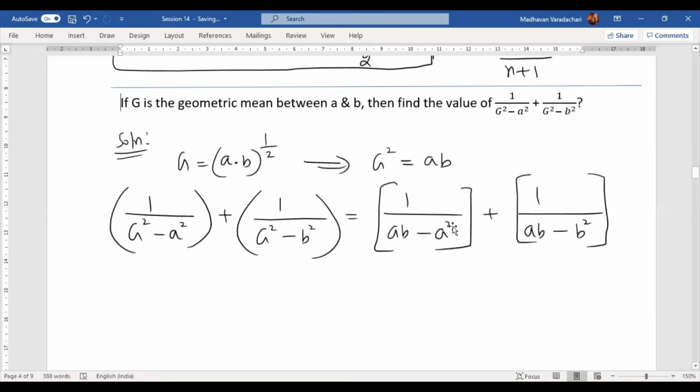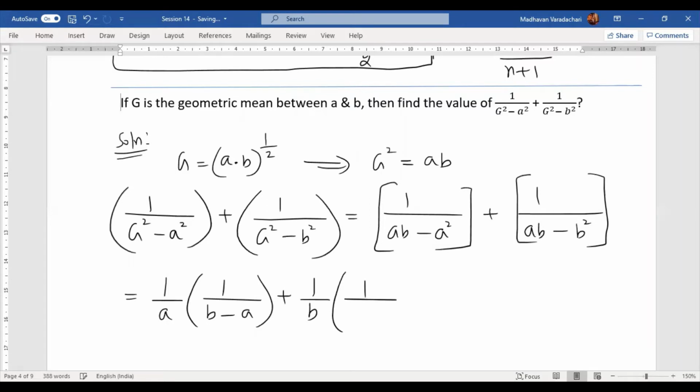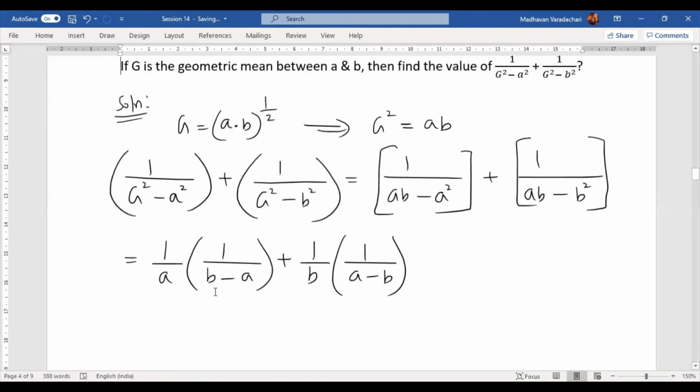Now you may notice in these two terms, what is common? A is common. So I will take A outside. 1 by A times 1 by B minus A plus, in these two terms, B is common. I will take B outside in the denominator. So you will have 1 by A minus B. Now, if you look into these two terms, here it is B minus A, here it is A minus B. So I can rewrite this as 1 by A. Let me write this as B by minus A plus,